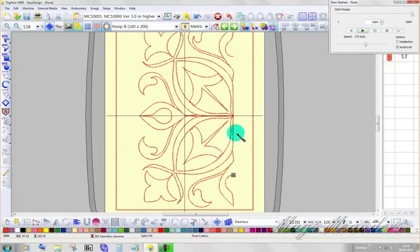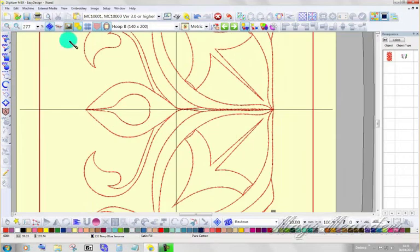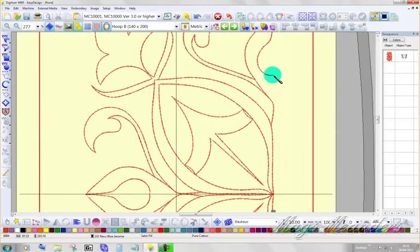Piles up of stitches. Okay, let me close this again. Now I need to provide an alignment stitch. And the best place to put your alignment stitch is, and we'll give it a totally different colour. We'll make it blue, and we'll increase the magnification. We'll go from here, the end of that stitch,